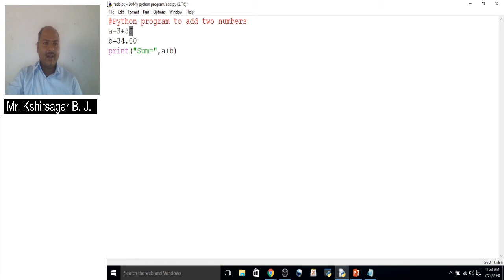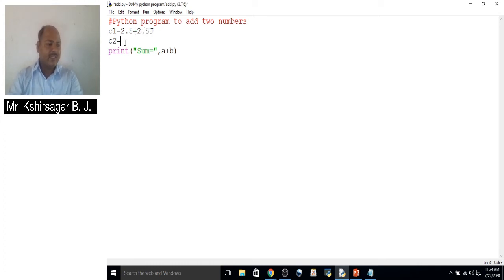Now we have to write a program. Suppose we have taken complex data types c1 and c2, and we have to assign values to those variables. If we take a and b as floats, c1 equal to 2.5 plus 2.5j.